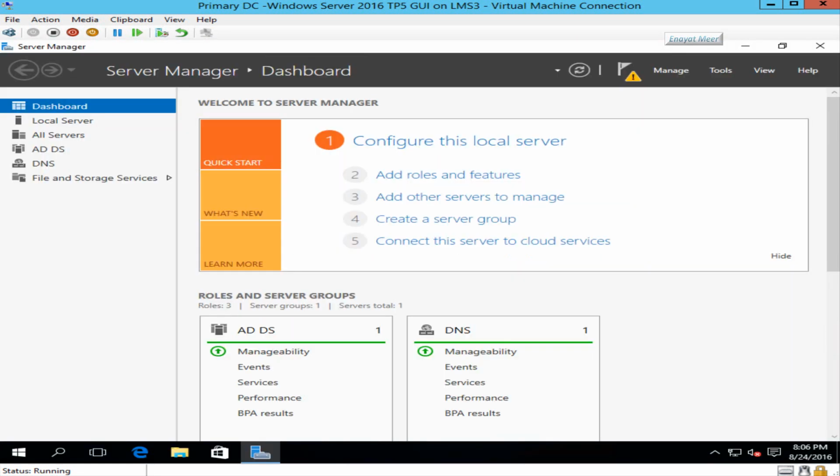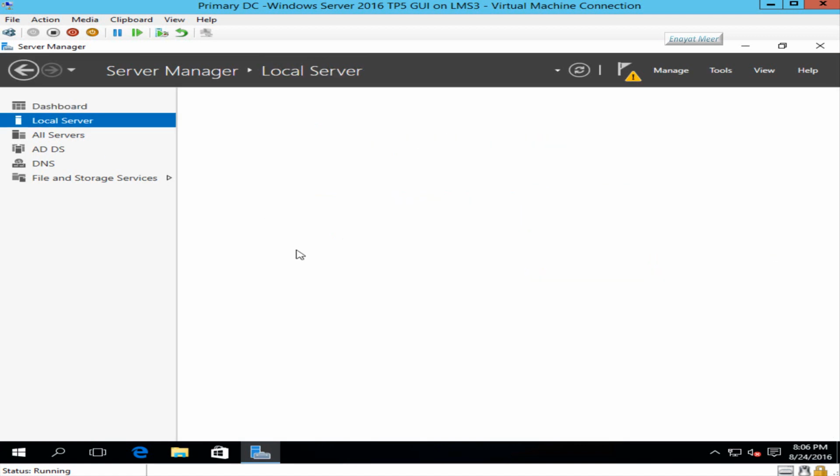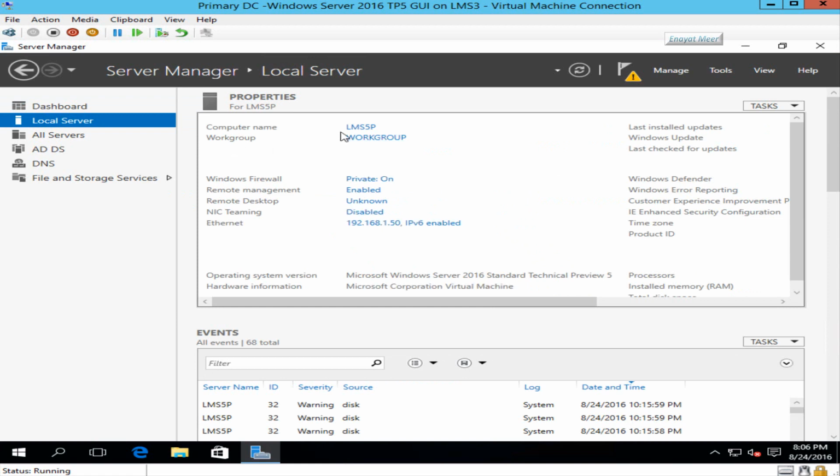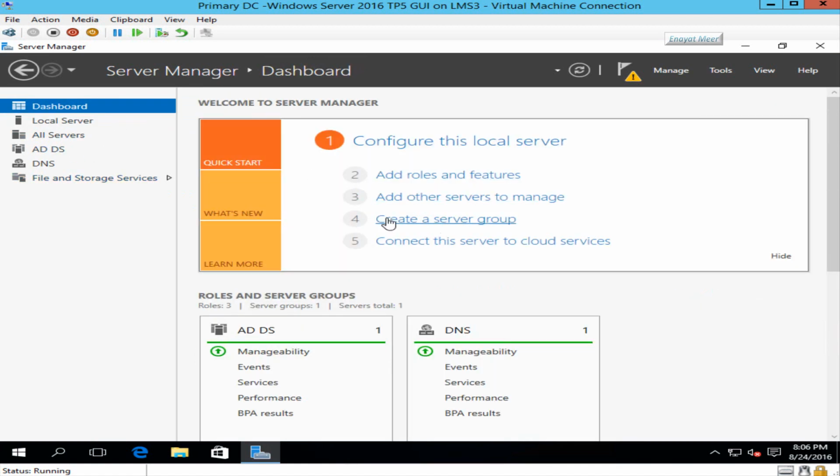So now we have to check from a dashboard whether we have ADDS binaries available or not. So we have to remove them. Alright, so I'm back on my dashboard. From my local server, I'm going to look at my workgroup. So now this is a workgroup. I am on LMS5P. This was a primary domain controller, but there is no more DC, but I do have my ADDS binaries